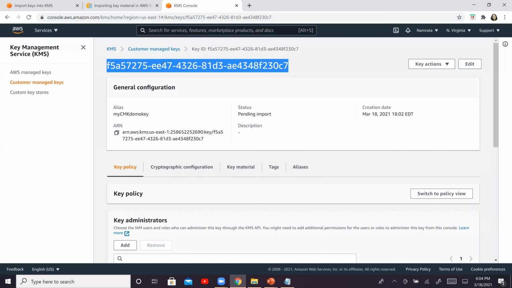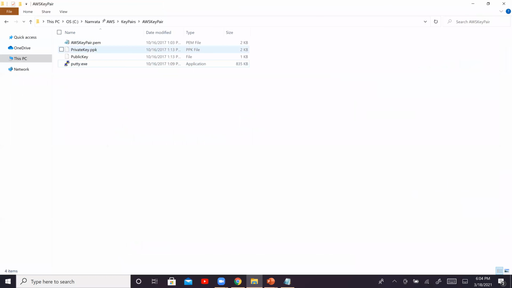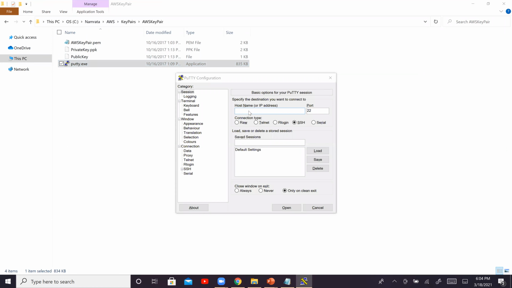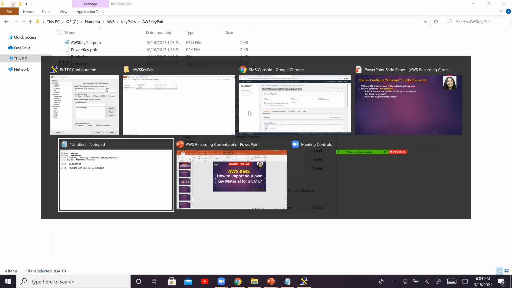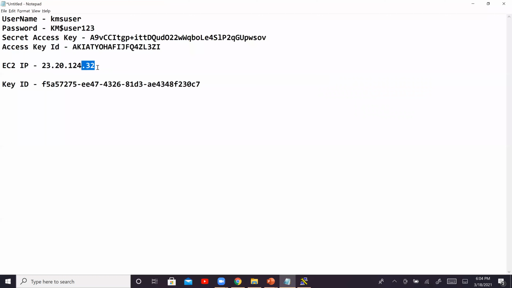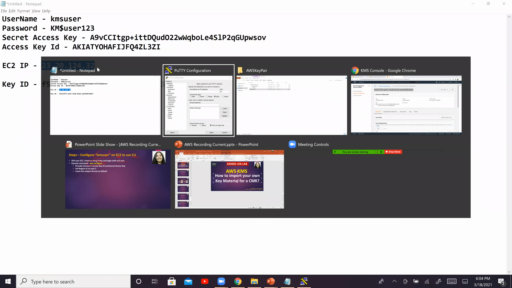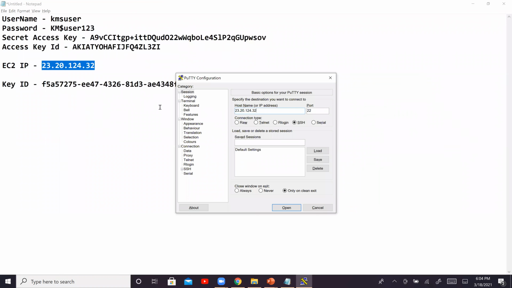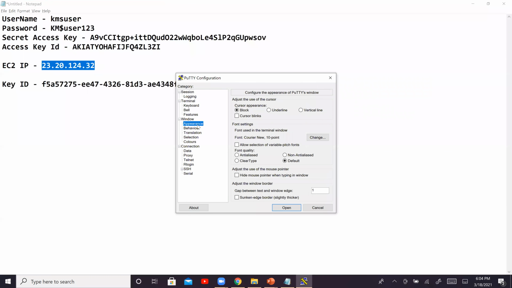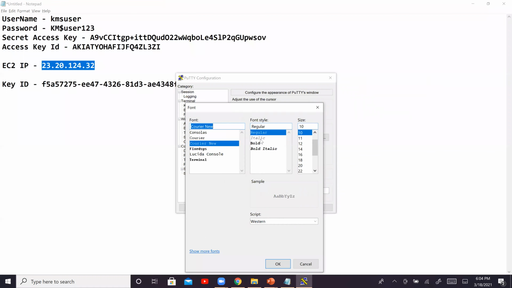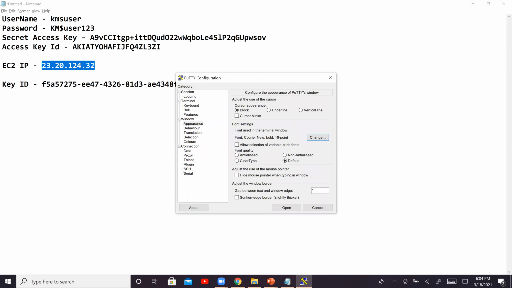So let's do that. This is my PuTTY right here. Let me go back and copy the IP address. So this is my EC2's public IP address. Paste it there. Change the appearance if you want to.